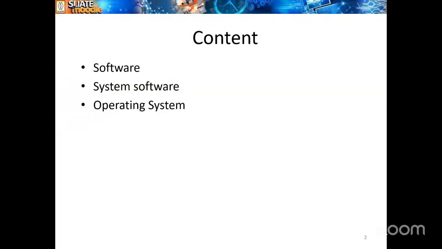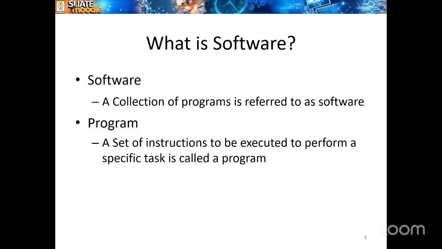Software and what are the operating systems available on this generation. Okay, so basically, what is a software? A collection of programs is referred to as a software. So the software is like a virtual thing. The software was created by the developers. The software engineers will create this kind of programs. The collection of programs is referred to as a software.